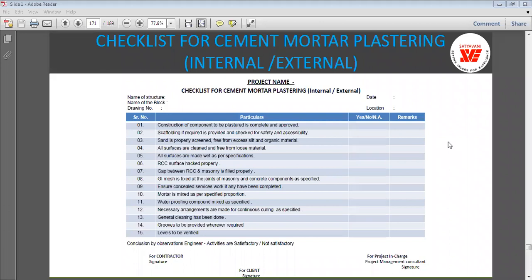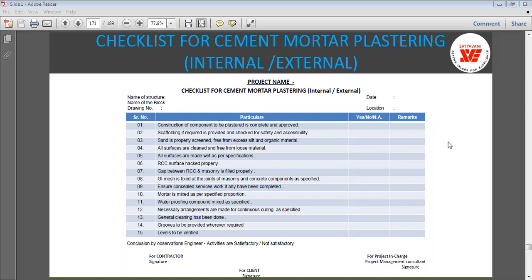Next point, all the surfaces are made wet as per the specification. Then RCC surface hacked properly. Hacking means proper bonding between your RCC surface and your brickwork wall. Then gap between the RCC and masonry is filled properly or not. Again, that you need to address.